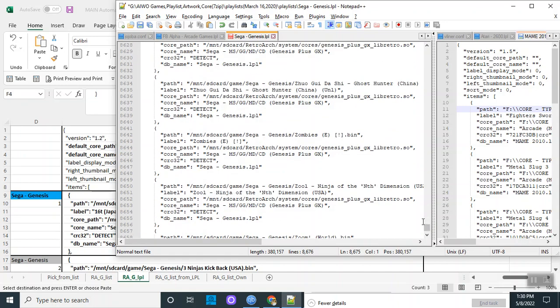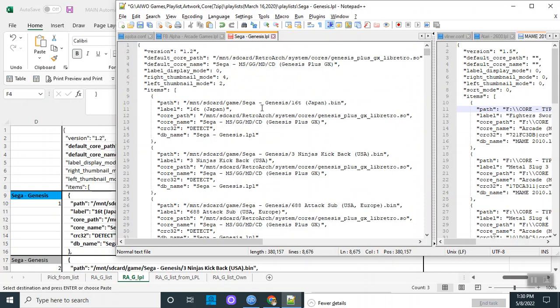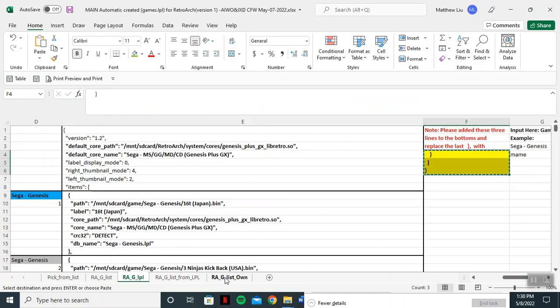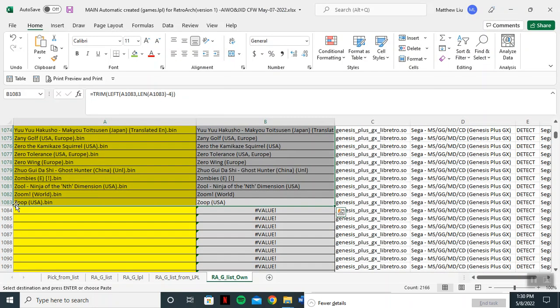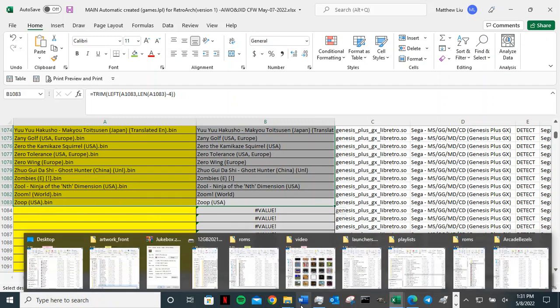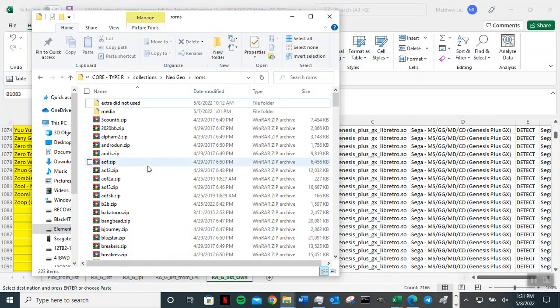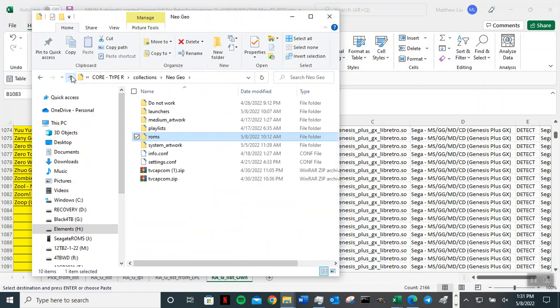So this one has 1081 entries, and this is how you do the chords. Normally, the directory chord doesn't come directly from here, because I just happen to have it. Okay, 1083. But if you don't have it, you will have to go to the Genesis ROM directory and type dir. So for example, if I was to go to, let's just see if I have anything I want to. So if I was to go to the ROM,